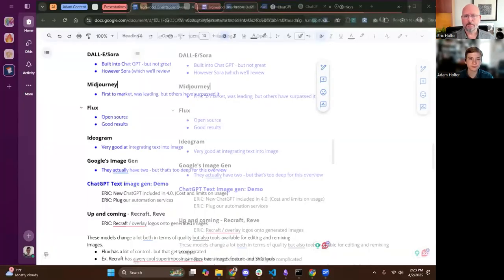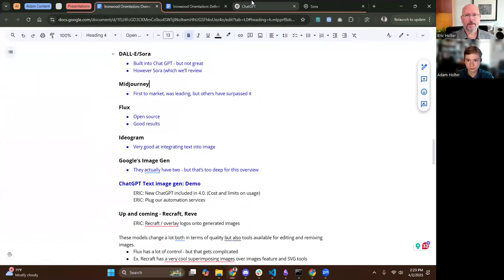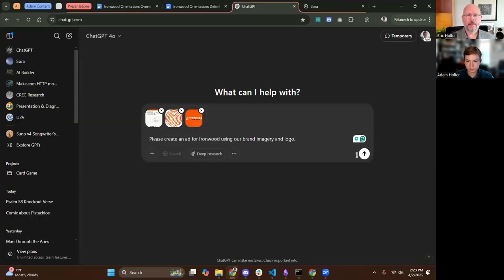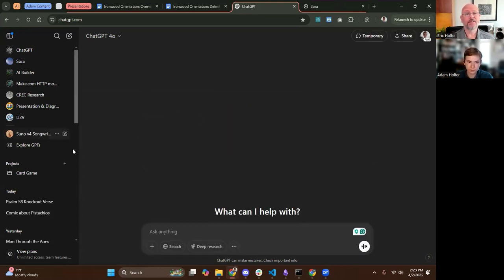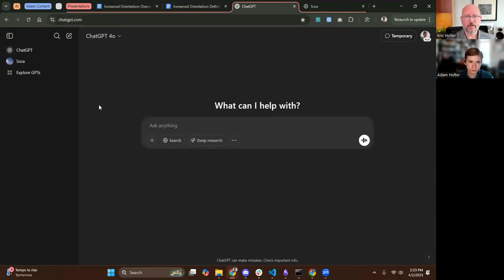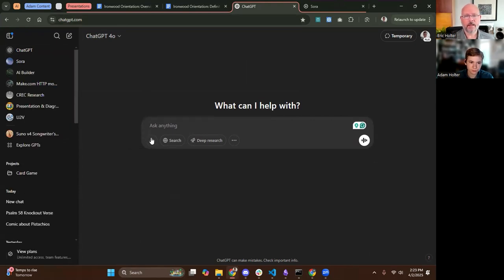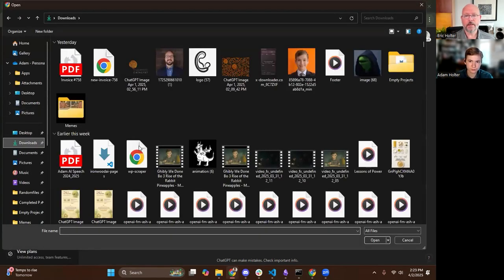I'll share my screen. Yeah, share your screen here. And one thing as you're getting ready to do that, a lot of times when you go on to these other ones, Midjourney, Ideogram, they charge by the usage, and so you often have to have subscriptions, and you run out of credits. Whereas the new one with ChatGPT, at least at the moment, it's included. So you can generate as many images as you want, which is pretty wild. It does take a little bit longer to do those image generations, but at least at the moment, being able to create as many images as you need is a pretty great benefit.